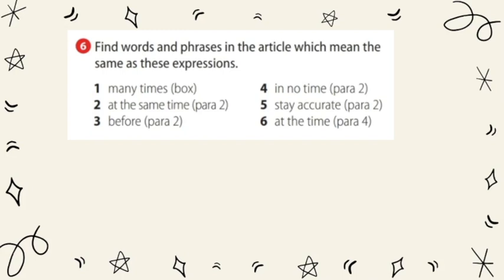All right, so let's go through the expressions. Number 1, many times. Many times is equivalent to time and again. Yes, when you want to say, oh, he has done this many times, you can just say, he has done this time and again. Yes. 2, at the same time. If you want to say at the same time, you can also say meanwhile. Yes. Meanwhile is what we know in Spanish as mientras. So, at the same time, mientras esto pasaba, el otro pasaba, is the same thing, right?